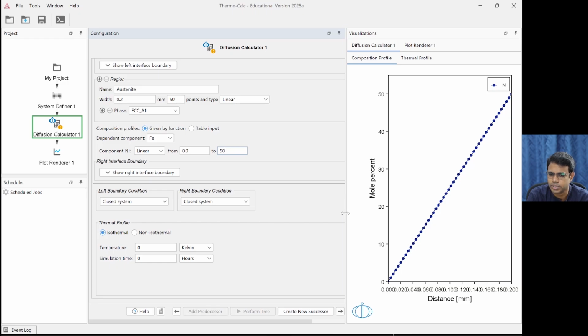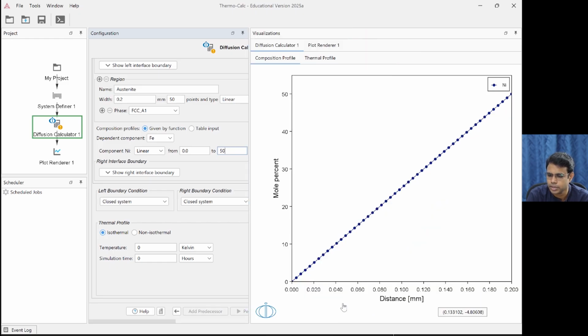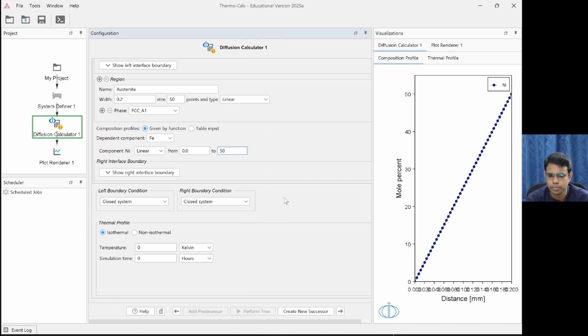Okay, so that is given here, 0.000 to 0.200 in mm. This is the composition profile. So we have set it up.